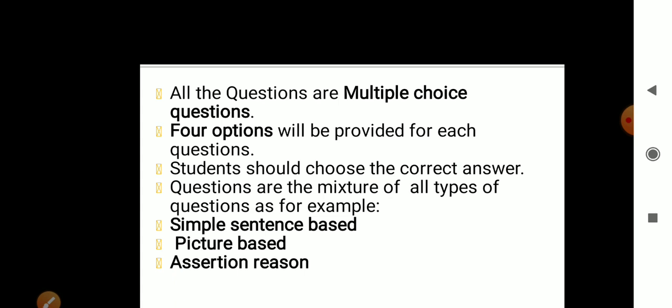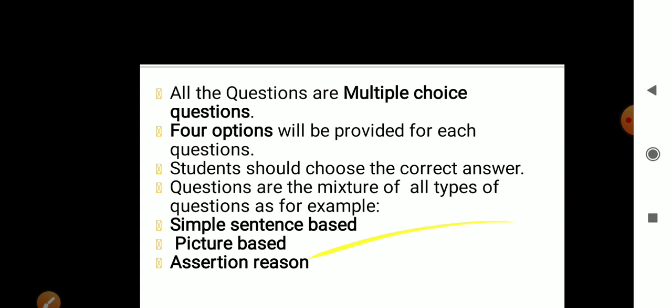For 9th standard children, I want to tell you that whatever pictures are available in your textbook, you will get questions on the basis of those pictures. Means if any painting is available in your history textbook, they may ask in your exam in which year this painting was developed and by which artist. Okay, so likewise you have to prepare thoroughly for your exam.